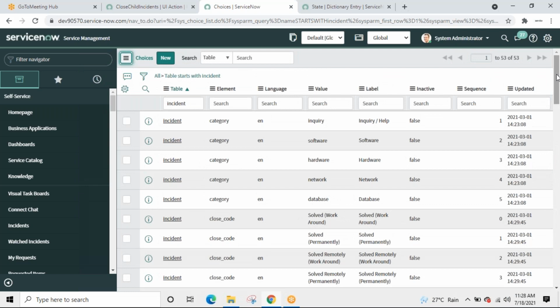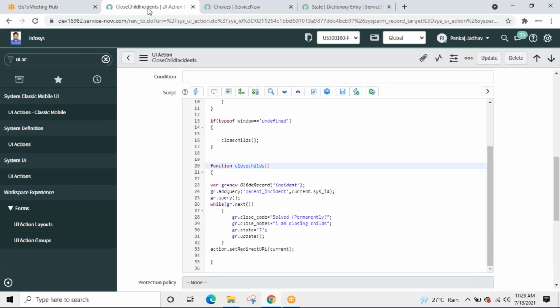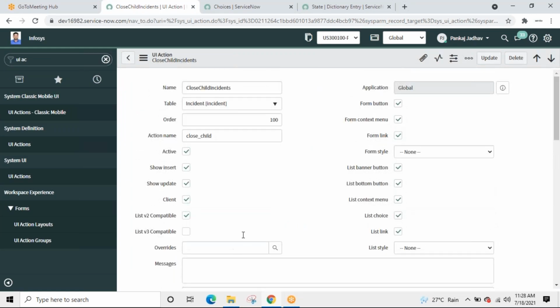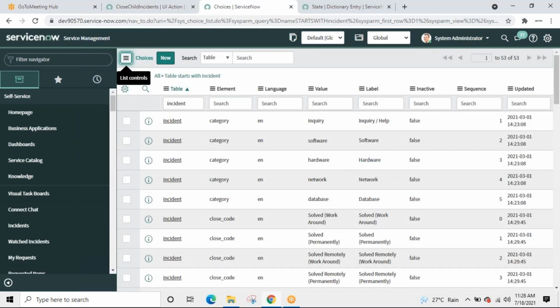Okay, and now let's go back to our UI action. This was the form button, that's why it was available over here. Where is our new tab? Okay, yeah, what is this? Okay, open the UI action.